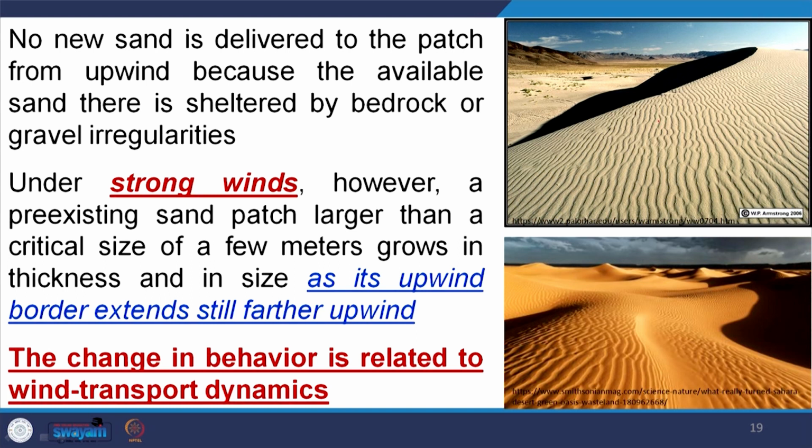When we talk about the behavior related to wind transport dynamics, some factors affect it. One is the wind speed, another is the material available, and another is the surface on which the wind is blowing. If the wind is blowing on a sand surface, its velocity is absorbed by the sand, and that wind speed is transferred to the movement of the sand, and the saltating effect starts. But if the wind is blowing on a bare rock surface, the wind speed increases.